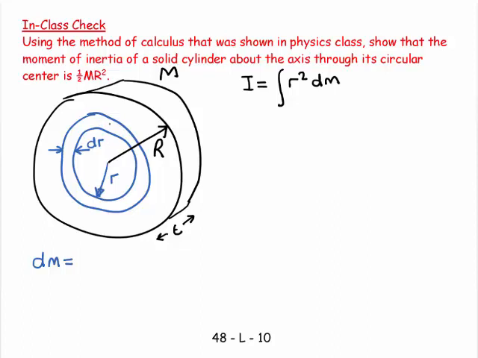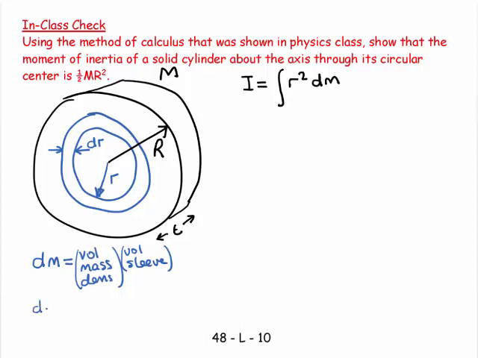Remember what we do? We take a sleeve and we integrate it from the smallest sleeve near the middle to the biggest sleeve near the outside. So at this arbitrary position, my little bit of mass is equal to the volume mass density